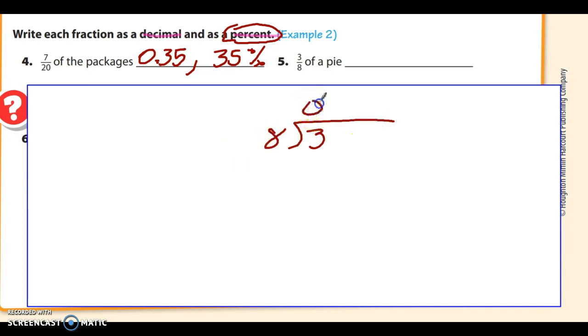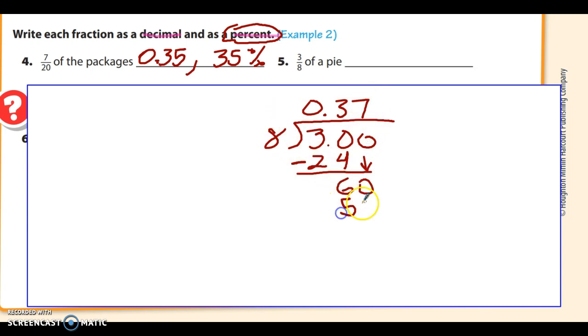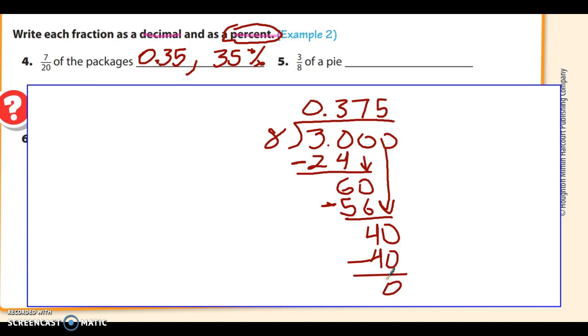8 does not go into 3, so I annex a 0. 8 goes into 30 3 times. 3 times 8 is 24. Subtract and get 6. 8 goes into 60 7 times because 8 times 7 is 56. And 8 goes into 40 5 times. 5 times 8 is 40. And so the decimal is